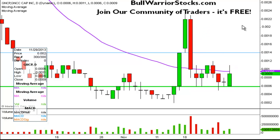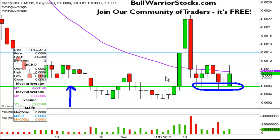It has stabilized, and not to pat myself on the back, but certainly to pat technical analysis and charts on the back, I drew this green line. I have not touched it. If you don't believe me, just go back and look in the video archives, where I pointed this out as a key level of support, and sure enough, look what has managed to be the bottom of this support channel right here, 0006. So again, not patting myself on the back, but this does show charts do work when you know what you're looking for. And if you think I maneuvered this line around, go back in the video archives. It's there, and you'll see where I drew this line, and that's exactly where the bottom of this channel is